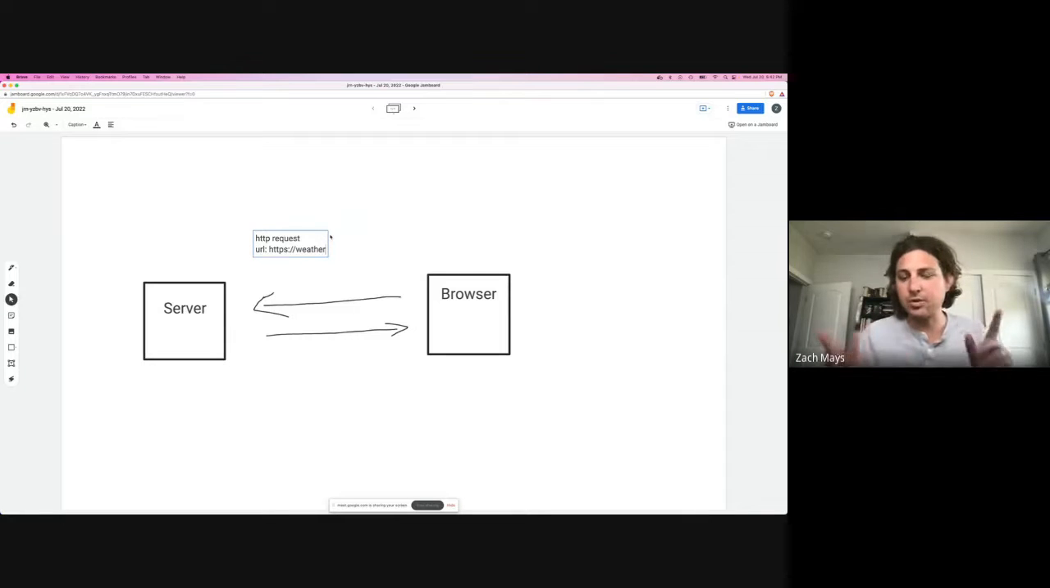It was something like https://api.weather.com or something like that. And then /forecast. And then we had, here's our API key as a query parameter. Right. So